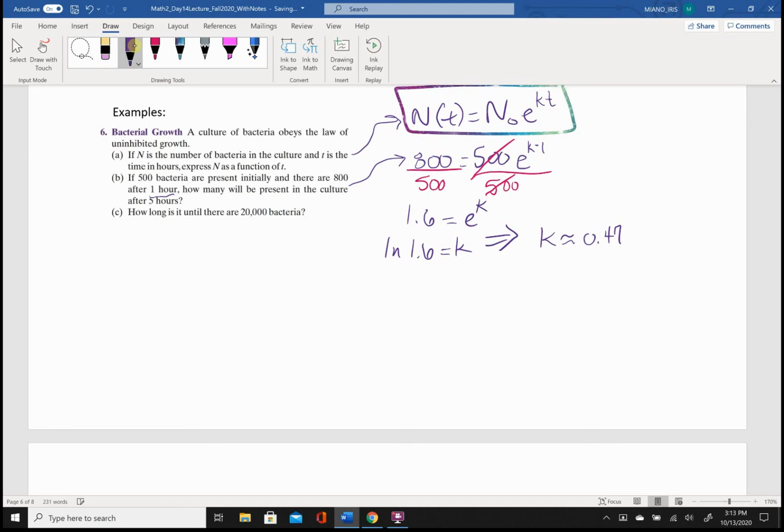Now that we have K, we can plug that into the formula, right? And we can determine how many bacteria there will be after 5 hours. So when T equals 5, okay? So let's go ahead and we'll put that down here. N of 5, so to speak, will be 500 e to the 0.47 times 5, because remember the T value here in the scenario is 5. Okay, so carefully type that into your calculator, and what shall you get? You will get